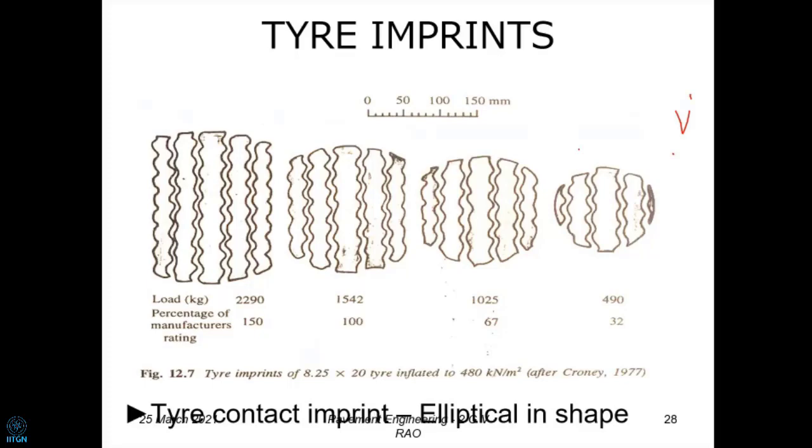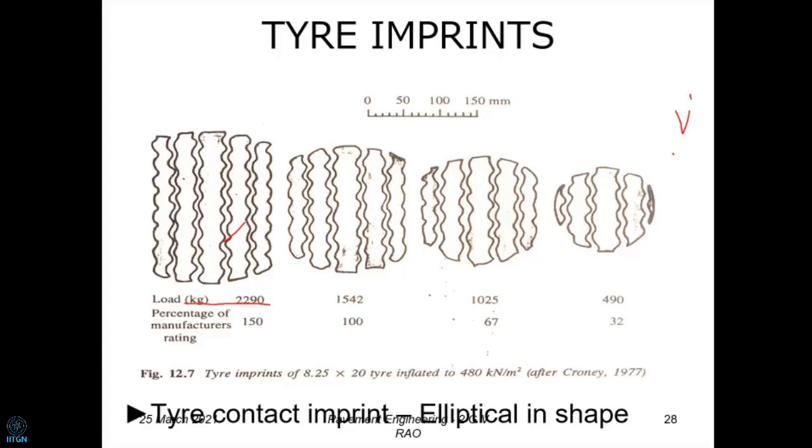So there is a very interesting study done by Crony in 1977. In fact, there's a classic book, Crony and Crony wrote, published by the HMSO in UK, after a lot of experience of measurements and things like that, by the Transportation and Road Research Laboratory at Crowthorne, UK. It's a government laboratory. And so in this case, what they have done is they have taken a load,